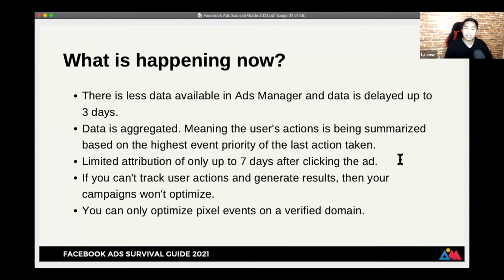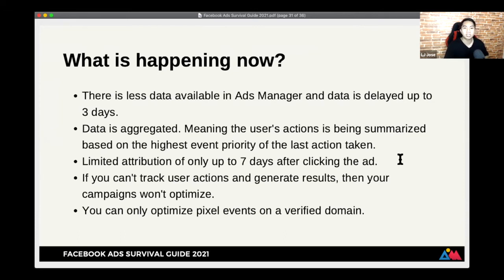Kasi, if, let's say, bumalik siya sa website ko on the 8th day, na-remember niyo na on the 8th day, kailangan ko pala i-purchase yung course ni LJ kasi, magde-deadline na. Diba? Nanggaling pa rin siya actually sa ad previously in the past 8 days. Pero, once he successfully purchases yung anything sa website or course, hindi na maka-count yun sa Ads Manager. Kasi, up to 7 days after clicking the ad, yung attribution setting lang. Okay? There are other available attribution settings, pero the highest is 7 days. Dati kasi was 28 days.